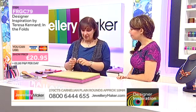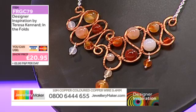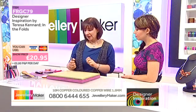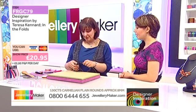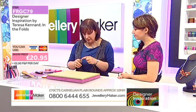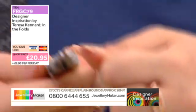So starting off with the smaller piece of the two elements that are articulated on that one, I want a little-ish loop to start with. I'm using my bail making pliers primarily for the larger wraps. If you've got something else you could wrap round, like pens, it will work. It's just a lot easier when you've got the bail making ones, the 6-step ones. So I'll go with the second one, a little-ish loop, and just take that around,